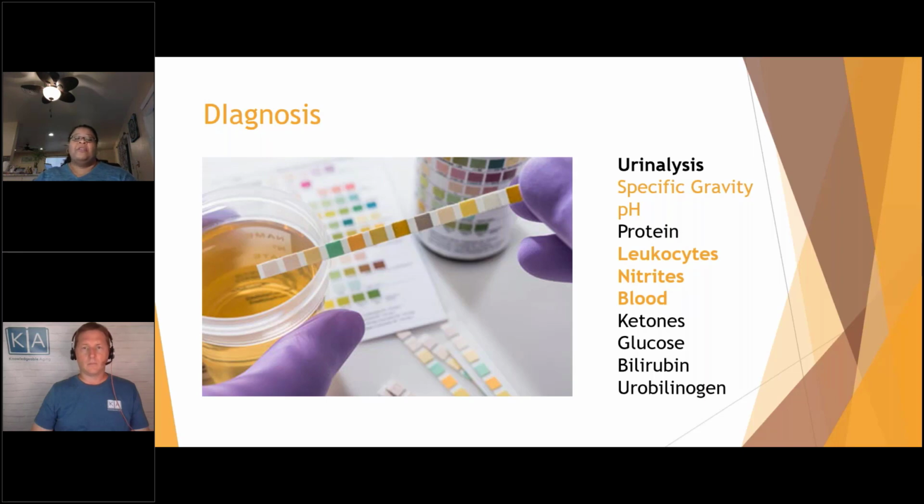coli bacteria, more than likely, because like I said, E. coli is like usually the main reason for urinary tract infection. Now, don't get me wrong, there's definitely other bacteria that can cause urinary tract infections. There's even funguses that can cause urinary tract infection like yeast, but usually it's E. coli that's the culprit. Then you have ketones, which are like the endpoint of fat metabolism, glucose, which really shouldn't